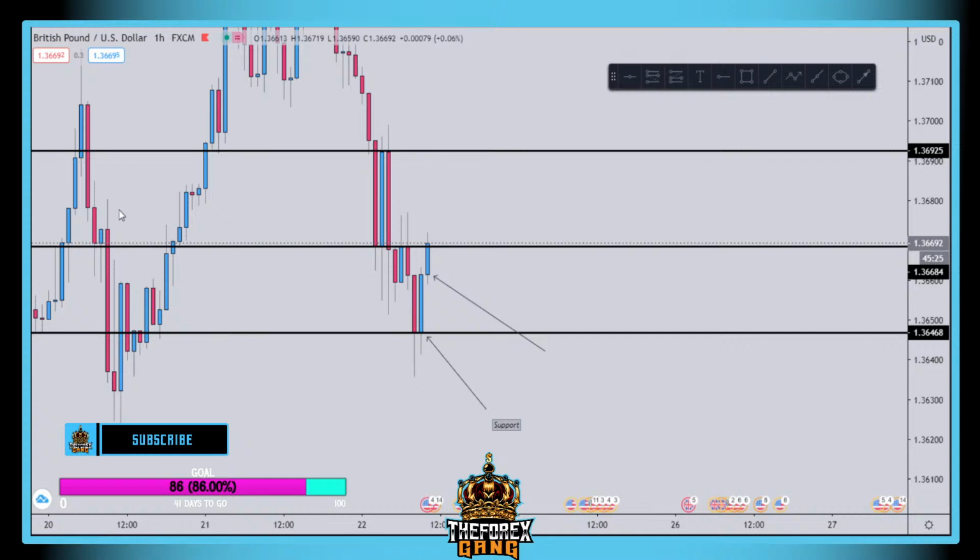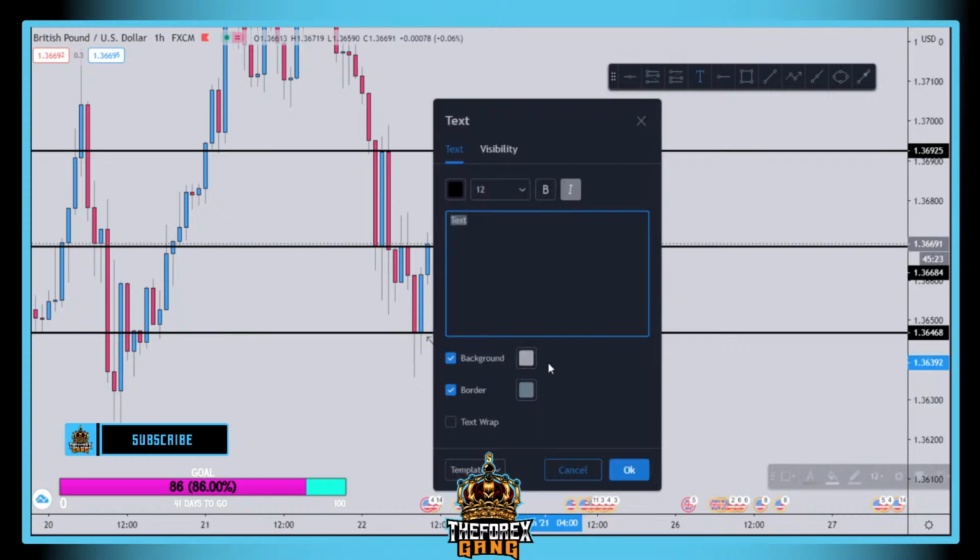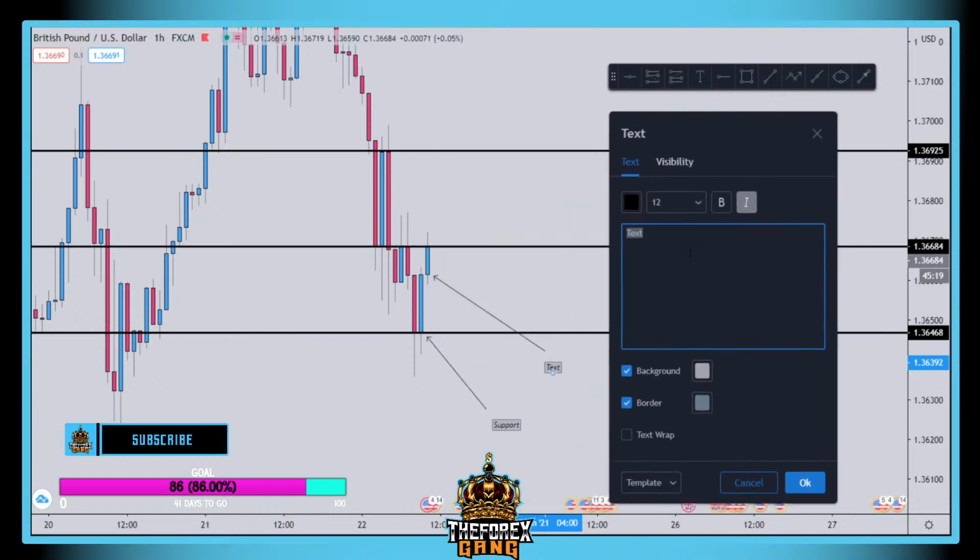So if the two wicks you see on the left-hand side for the 1 hour are broken, it's a good buy there. Are you asking me or telling? I'm asking, or you're just waiting to close above this line? Yeah, I'm waiting for it to close.